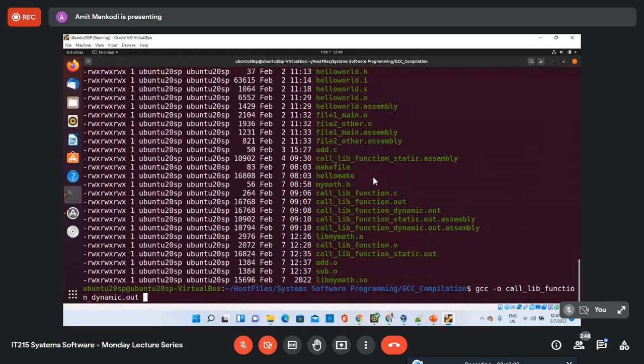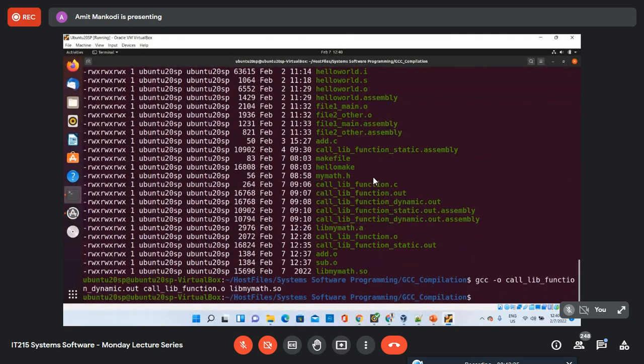dynamic.out, and then I'm going to provide the object file, and then I'm going to provide the library. Now you can see that I don't have to recompile my object file of the main function again. Okay, I just need to link it, right? Because the linking step is the only different step, because I am going to link the dynamic library file versus the static library file, but the object code of the main function does not change in this case. So I don't actually have to recompile my main function here. Okay, so now I'm going to create this dynamic executable file.